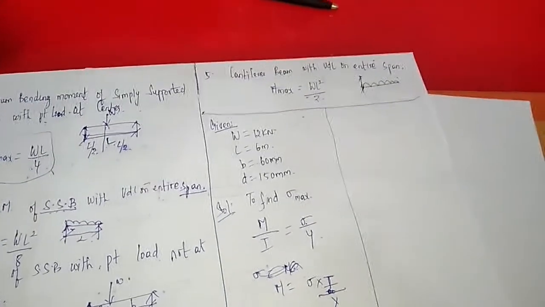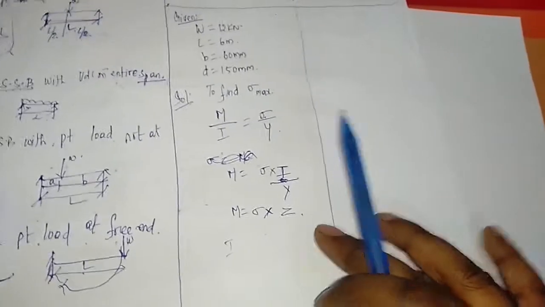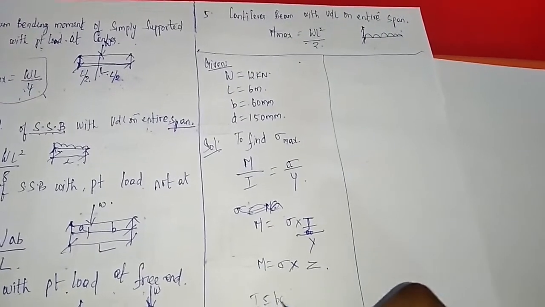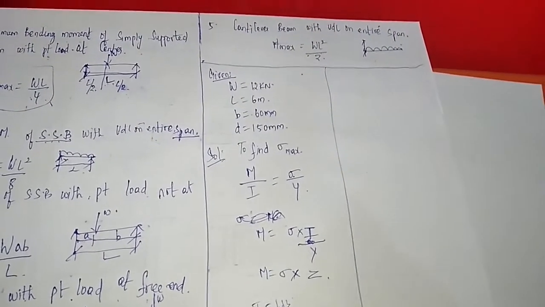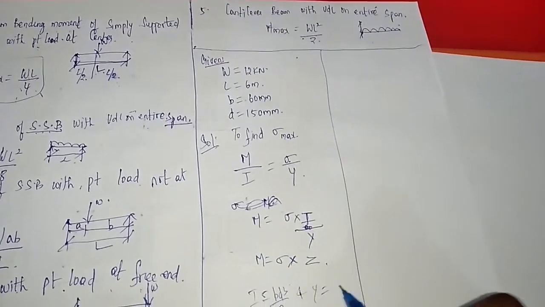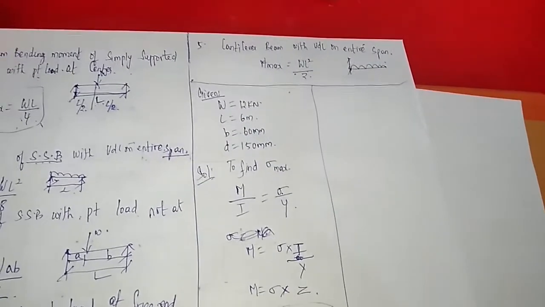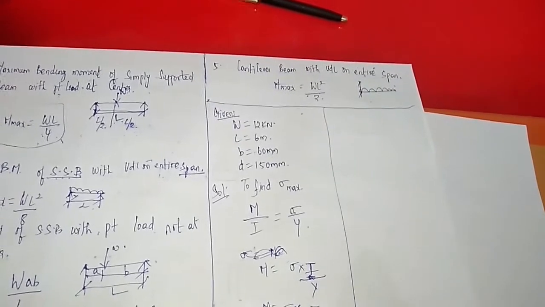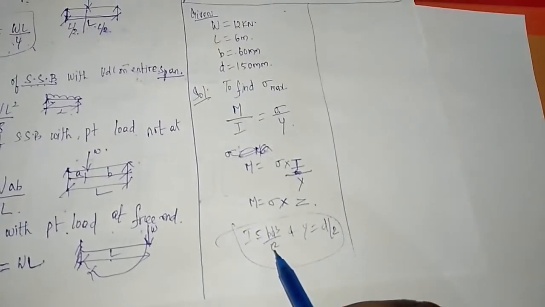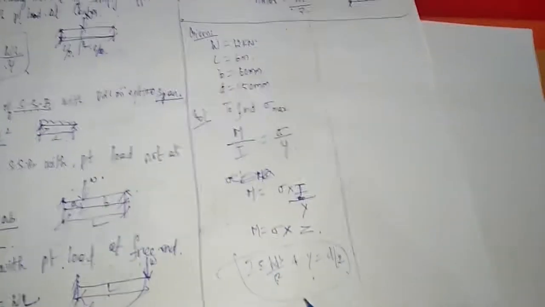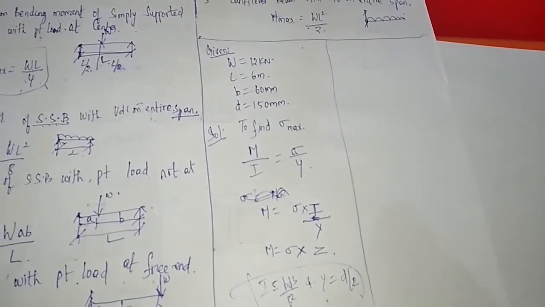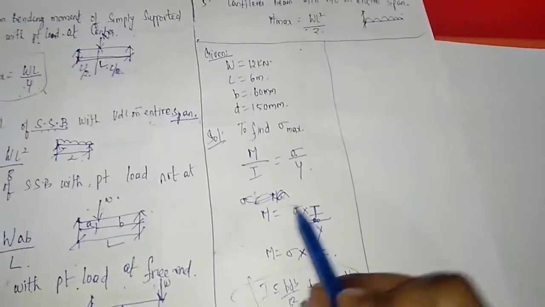Okay. So you can go like, I is equal to what? This is a rectangular section, right? That formula is under rectangular section. You can write I is equal to BD cube by 12 and Y is equal to D by 2. You can derive these two formulas, and you can substitute I by Y. You can go like that also.